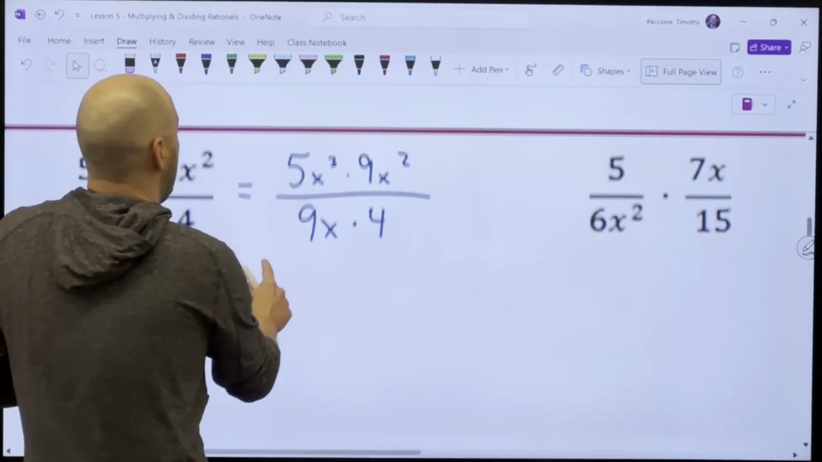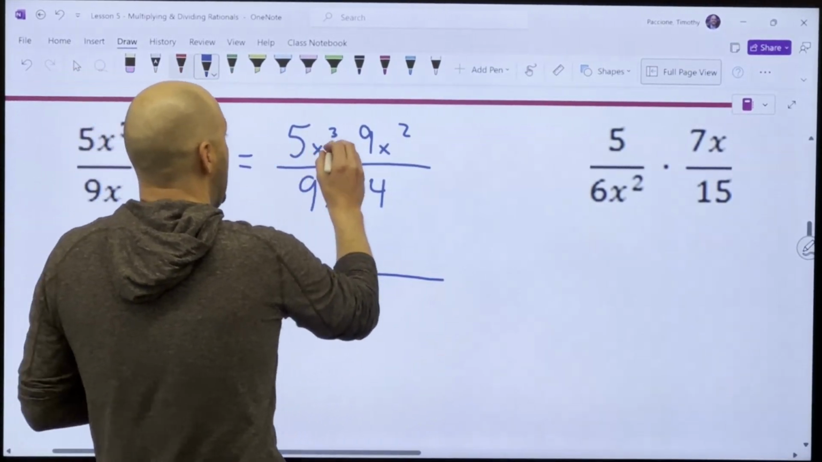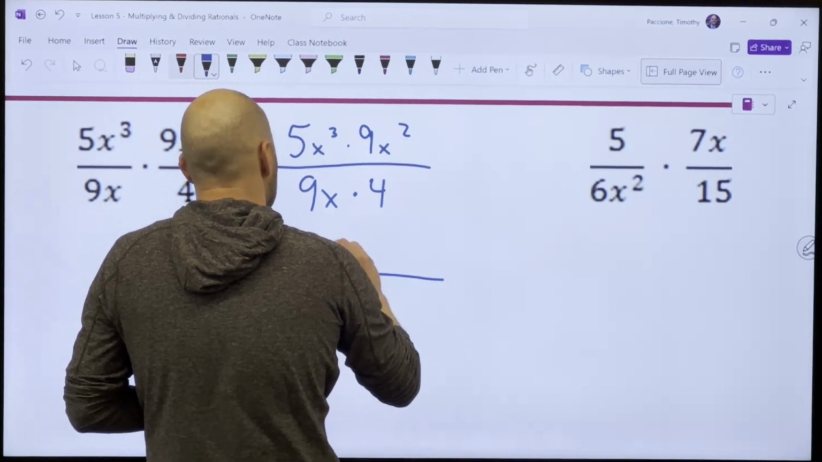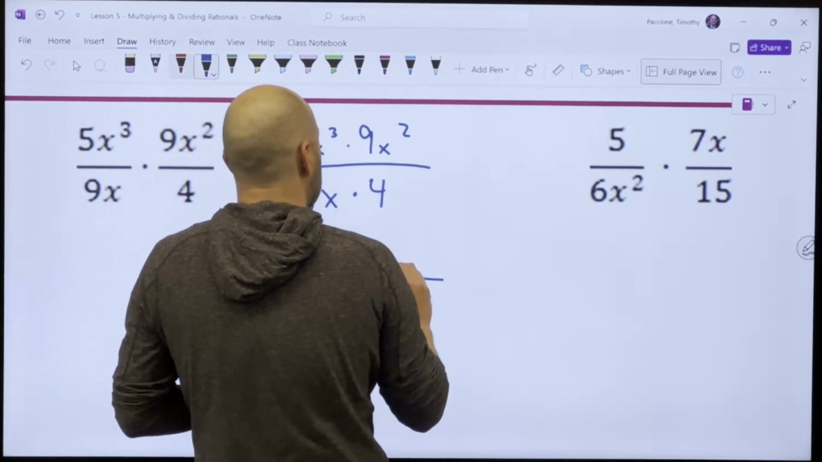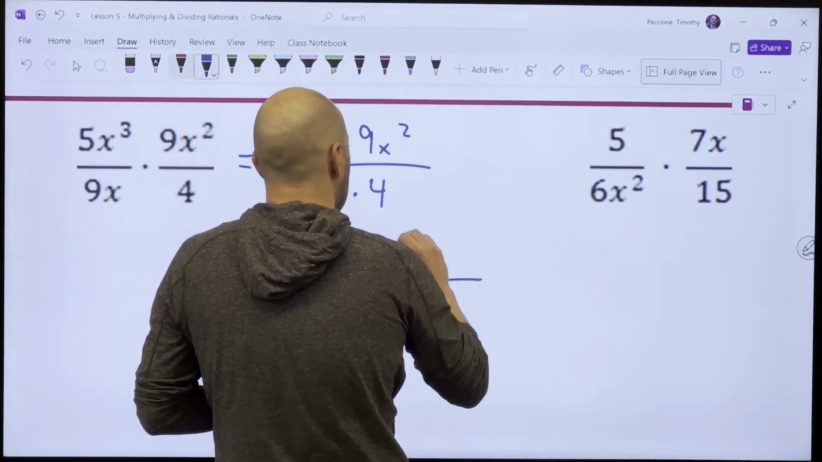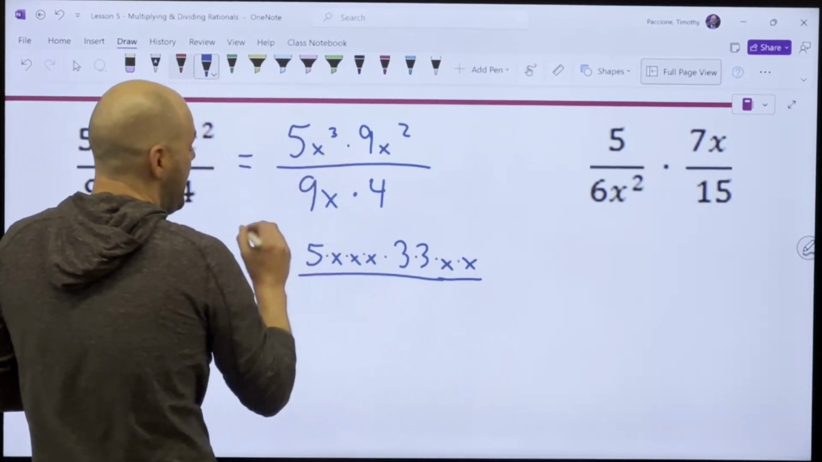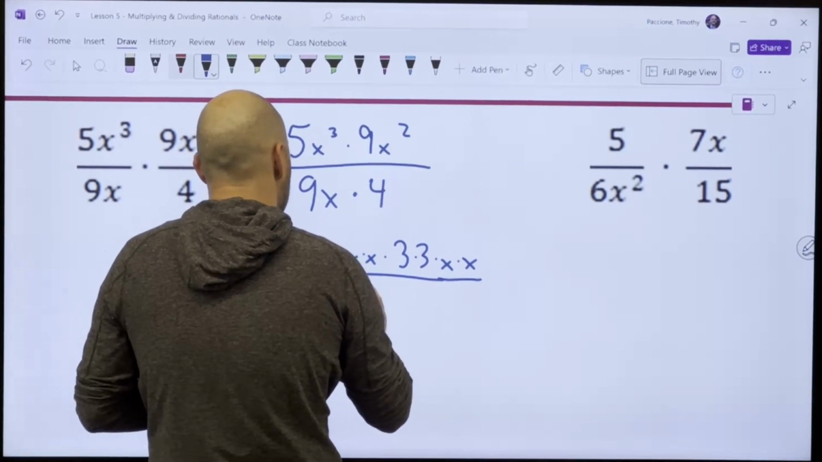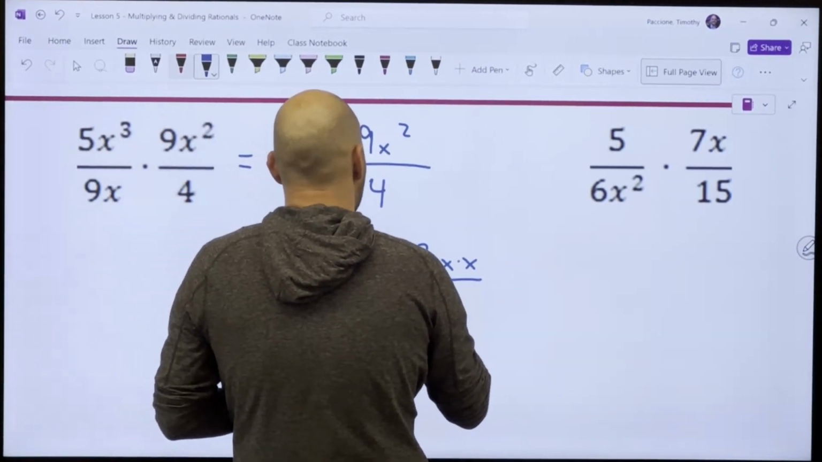And in fact, I could factor this even more. This is actually 5x to the third, if I factored it out, would be 5 times x times x times x. And then what is 9 factored down? 3 times 3 times x times x. On the bottom, I have 9x. That's 3 times 3 times x. And then 4 is 2 times 2. Now,